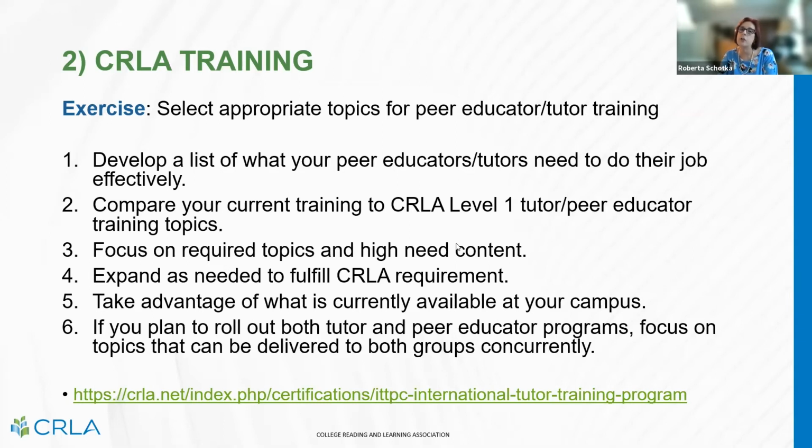and given you many suggestions on topics that you can choose to include in your training, and also left the door open for you to create and select topics of your own, at your own discretion, that are not on our list. And we'll be taking a look at those in just a minute. For the purposes of the session today, though, we're looking at topics that would be appropriate for this